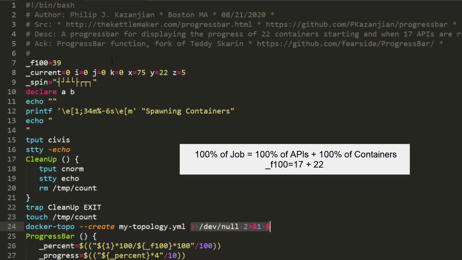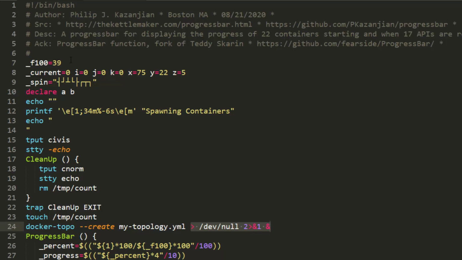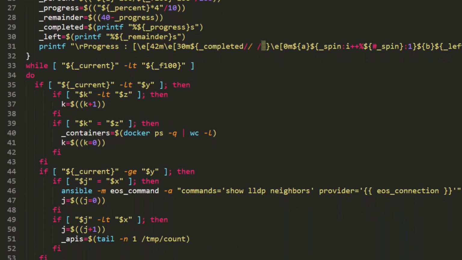What you'll notice is that if we subtract 22 from 39, you're going to see that there's 17. So 17 APIs is what I'm testing for. This basically reflects 100% of the overall job of the script. Okay, so that's 3 things that we're editing, and then the 4th thing is going to be seen down here